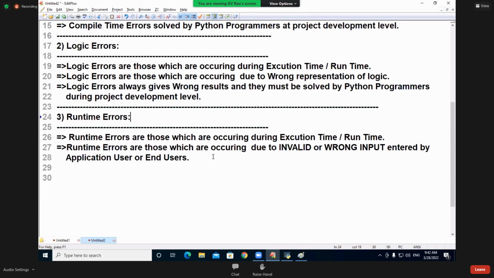In what way? Enter your name. Instead of a name, he is entering numbers. Will your program take that? No. Name should be purely string, purely alphabets, and one space or two spaces according to my requirement. Numbers are not allowed. Special symbols like dollar and hash are not allowed, except space. How to develop that? With our coding, which I am going to explain in exception handling.